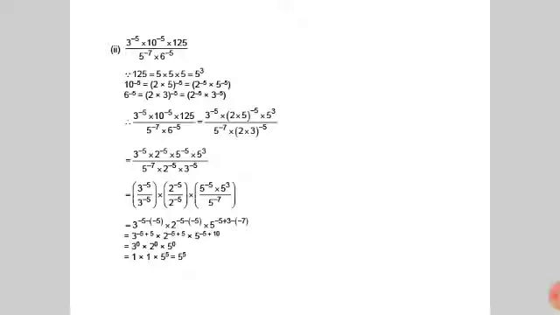Divided by 5 power minus 7 into 2 into 3 into minus 5. Next one is 3 power minus 5 into 2 power minus 5 into 5 power minus 5 into 5 cube, divided by 5 power minus 7 into 2 power minus 5 into 3 power minus 5. So the same powers are separated. So 3 power minus 5 divided by 3 power minus 5